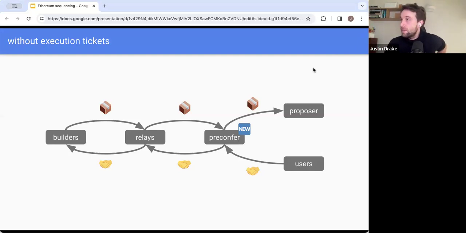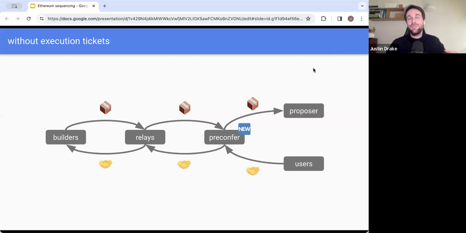Another thing I'll mention is that the collateral efficiency can be extremely high, especially for the large operators. So let's say I'm Coinbase and I have millions of ETH. I actually only need this 1,000 ETH, or some small number of thousands of ETH, for all my validators. The reason is that if I haven't been slashed in slot N when I was a proposer, then I can start recycling this collateral over and over again. So at the end of the day, I don't expect that there's going to be that much collateral. Maybe 100,000 ETH, which is much smaller than the 30 million ETH which is currently staking.